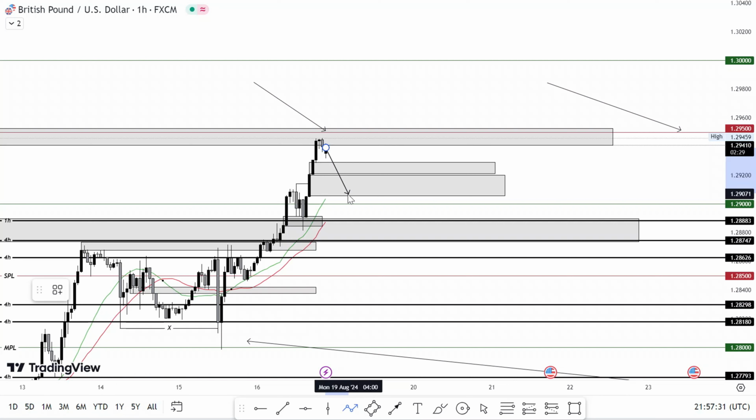We still have this black horizontal line, which is the 1 hour support zone, and above the 1 hour support zone we have a main psychology level, and aside from that main psychology level we have an order block at this level. So I'm expecting GU to pull down maybe to this main psychology level, which is the green horizontal line on the chart, 1.29000, and then before pushing back up,